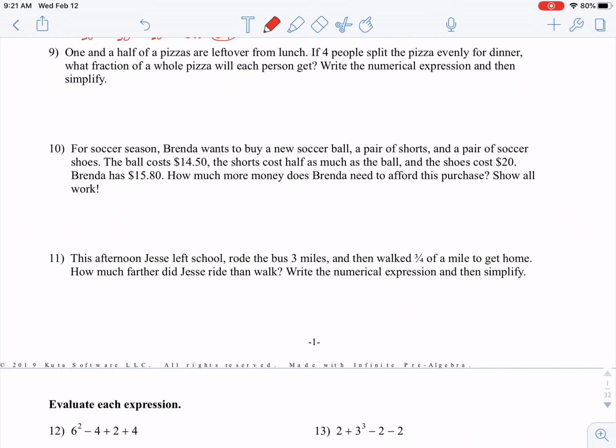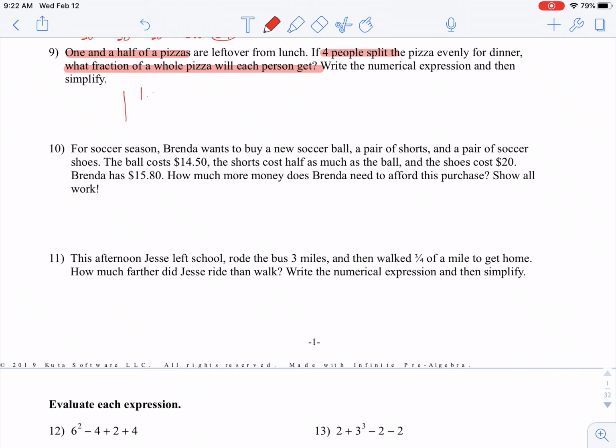So here's what I know. I know that there's 1 1/2 pizzas. I also know that 4 people split it. And then the question is what fraction will each person get? And so those are the 3 most important parts of information there. So I can represent